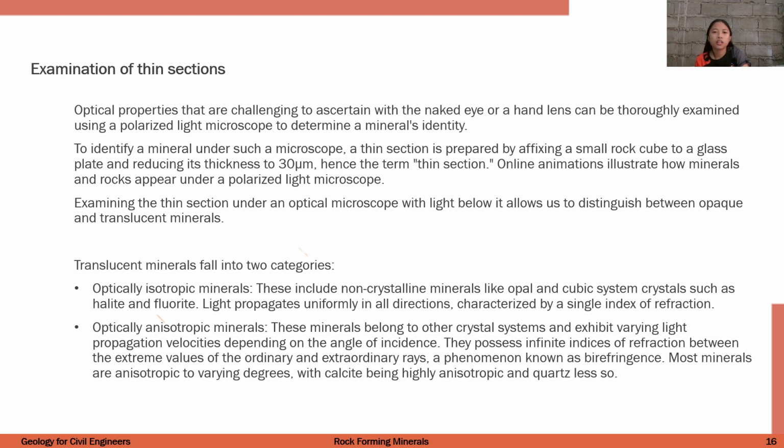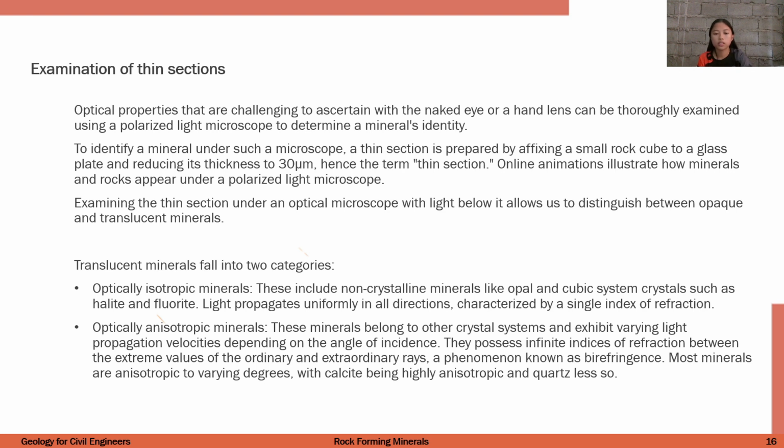And ito ay nabibilang sa crystal system na tinatawag na cubic. And ang light dito gumagalaw the same way in all directions through these materials, and mayroon lang silang one-way